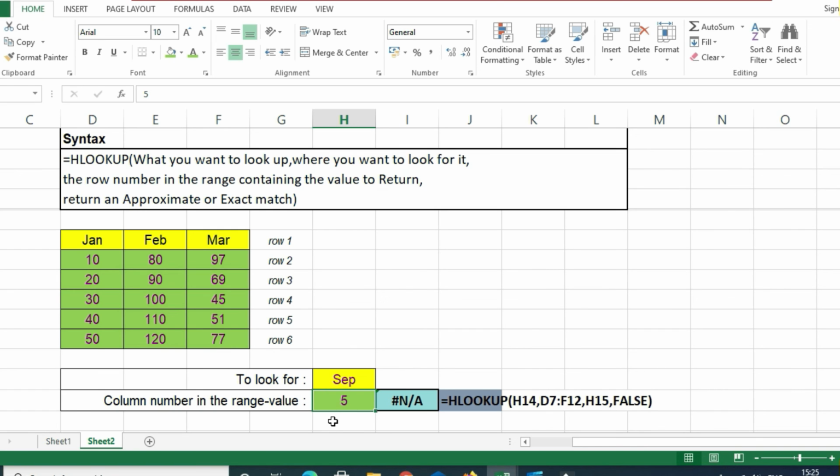If you mention something which is not selected, say for example here only 6 rows are there, if you mention 8, then you'll get a #REF error. That means that your range is invalid. So these things you need to be very careful about. You need to give the row numbers which are only selected, otherwise it will show you some other errors.